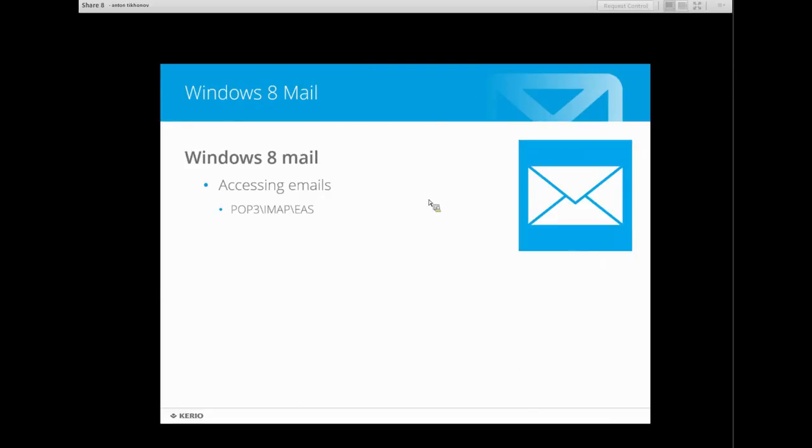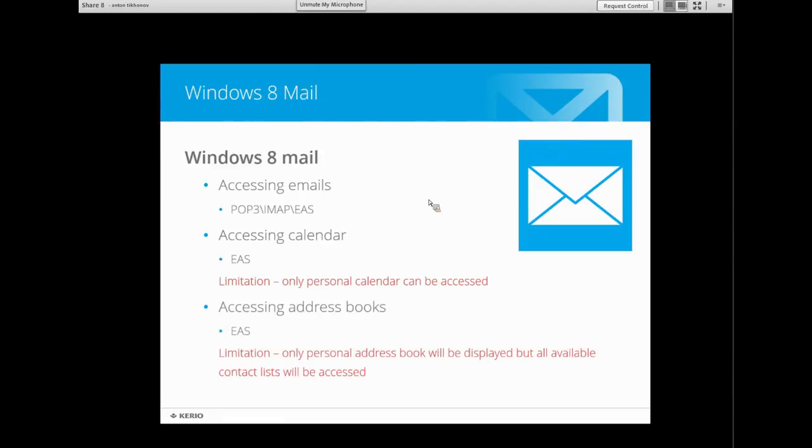Actually, I will show you only work with the ActiveSync protocol because the POP3 and IMAP protocols allow us only to access emails. That's all. The ActiveSync protocol in this client also allows us to access calendars, but only the personal calendar and all events in it, and address books. With address book access via ActiveSync in the Windows 8 Mail client, there is a limitation that allows you to display contacts only from the personal address book,